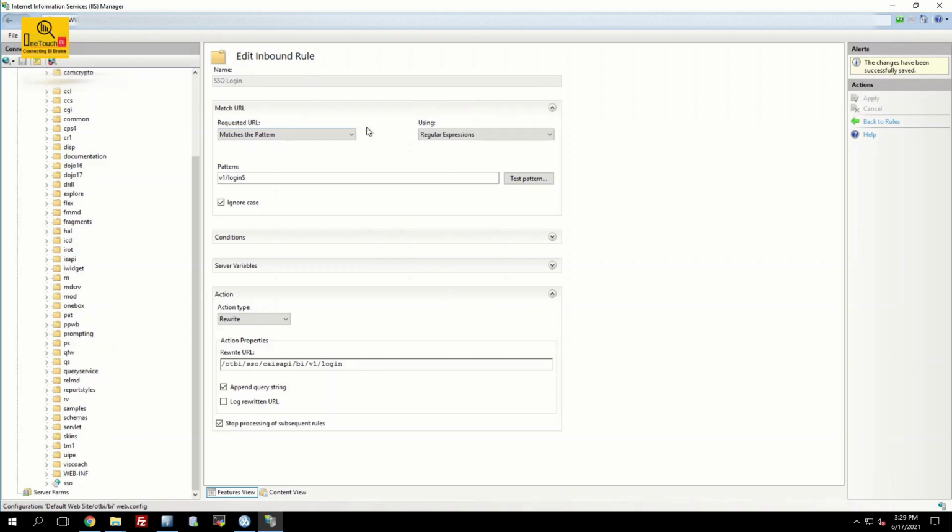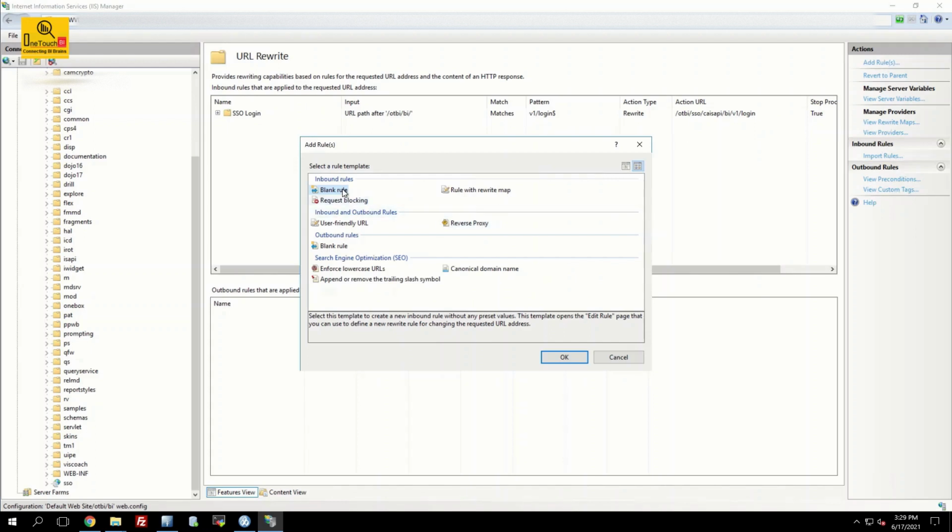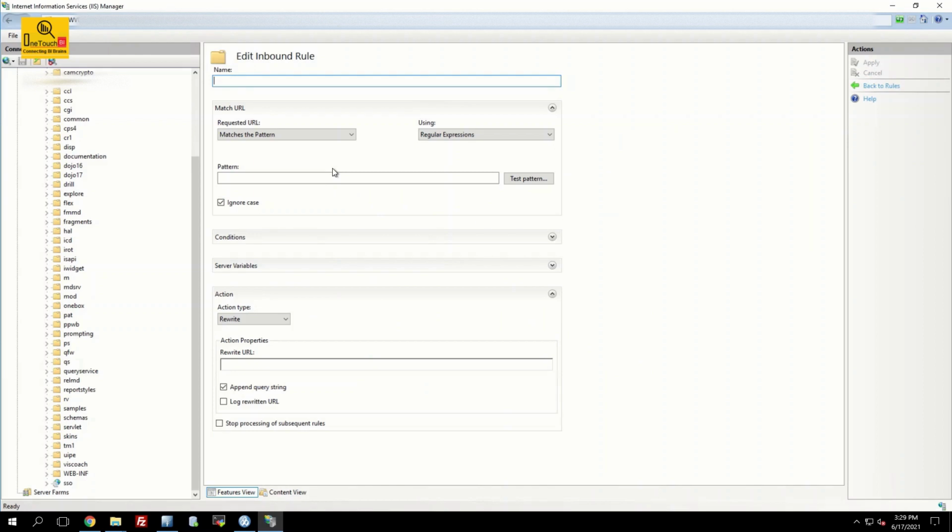If anyone wants to access the legacy Cognos URL, in that case we need to modify this URL rewrite a bit differently. Click on back to rules, and now create another rule, add rules. Again choose inbound rule blank and click on OK, and this one I'm going to call legacy SSO.